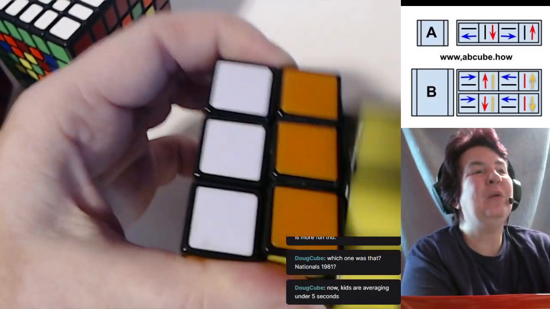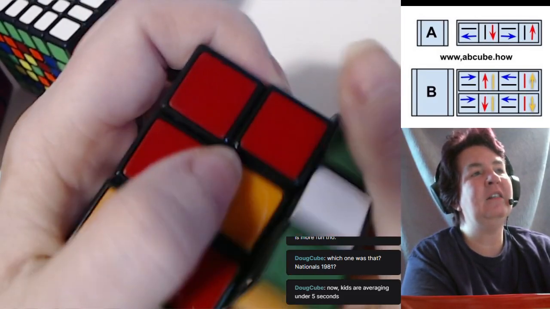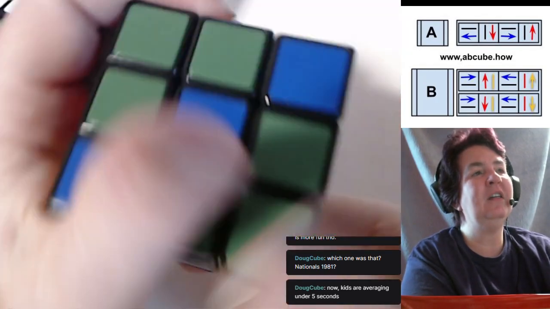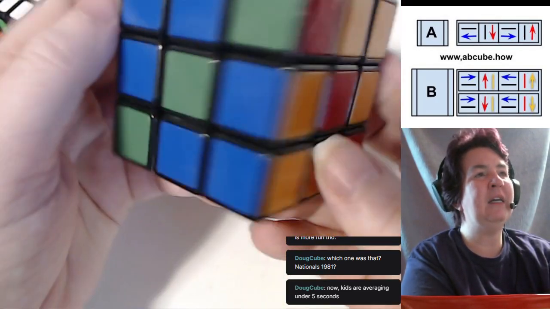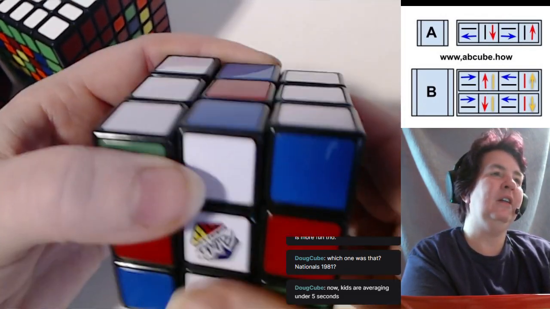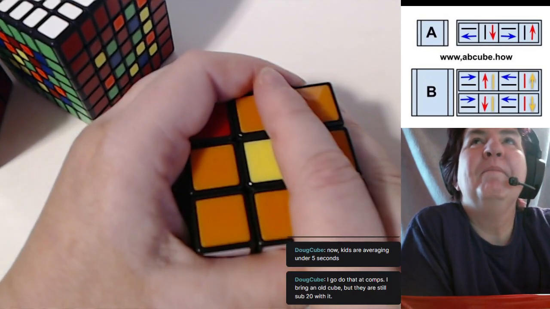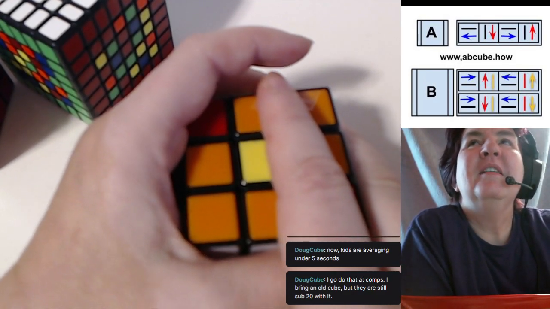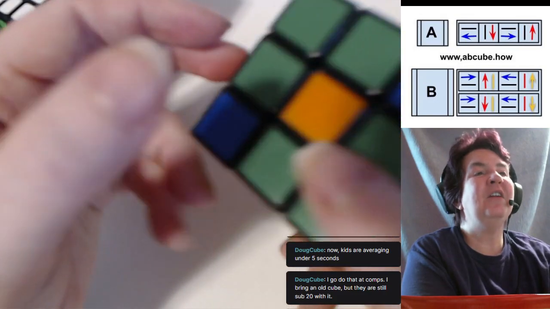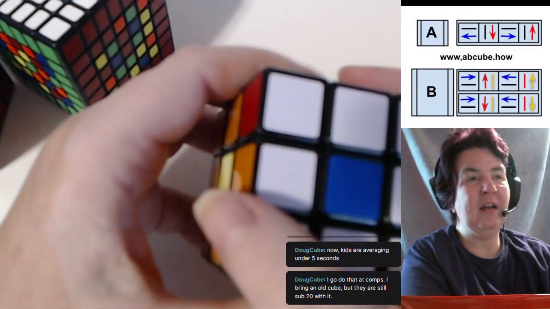And then it's like, well, what else can I do? Look at this, here's a diagonal. Look, here's diagonals. I can do diagonals. Oh, what else can I do? Patterns. Still sub 20 with it. Yes. So then the thing to do was either patterns, and then the only other thing to do